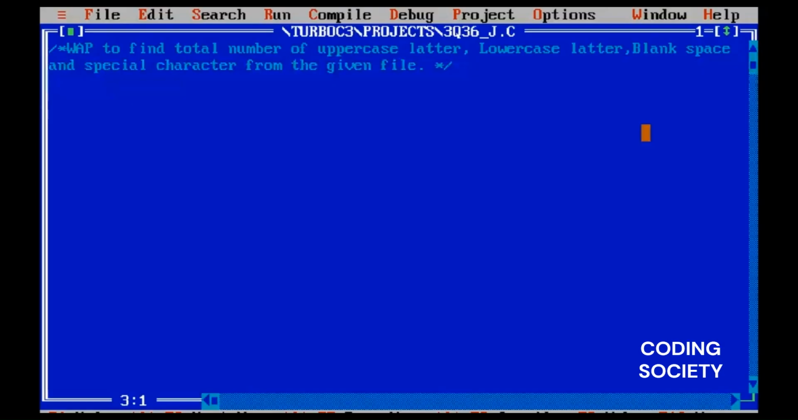The program to find the total number of uppercase letters, lowercase letters, blank spaces, and special characters from the given file. First, we are going to add some libraries: #include <stdio.h>, #include <conio.h>, #include